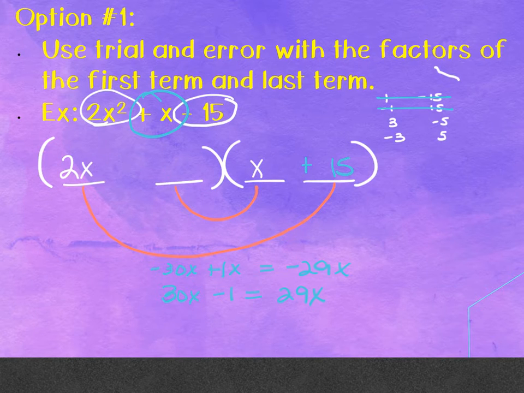So then I go to the next one, which is positive 3, negative 5. Outer there is negative 10x, positive 3x, and I get negative 7x. That one doesn't work. So I go to the last one, negative 3, positive 5, and I get 10x minus 3x, which is positive 7x. Now the only other thing I can do is switch the 2x or switch the 3 and the 5. So if I switch those,